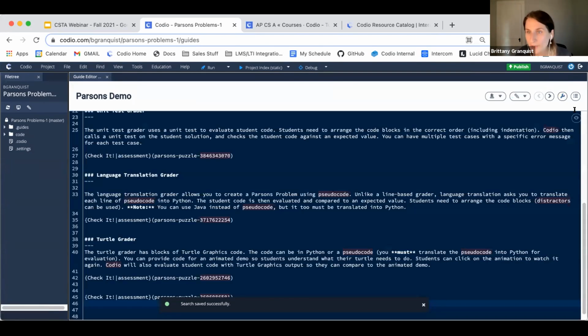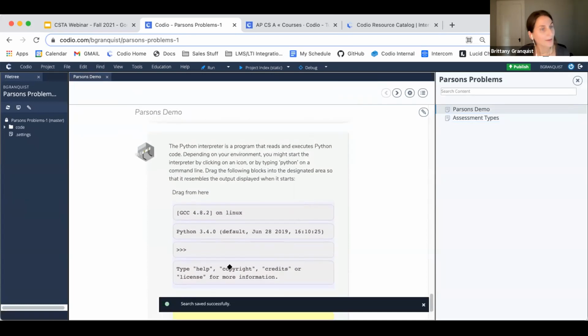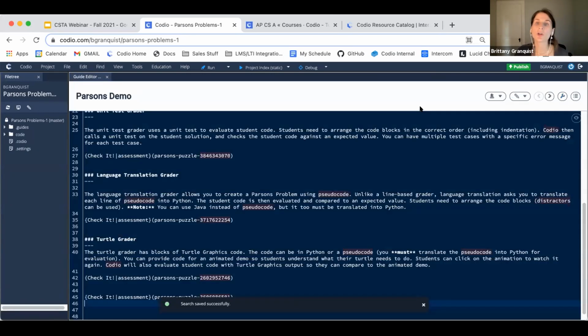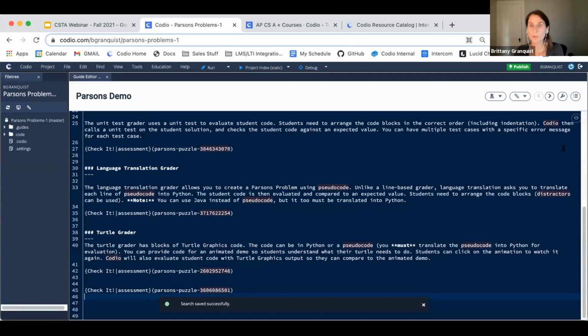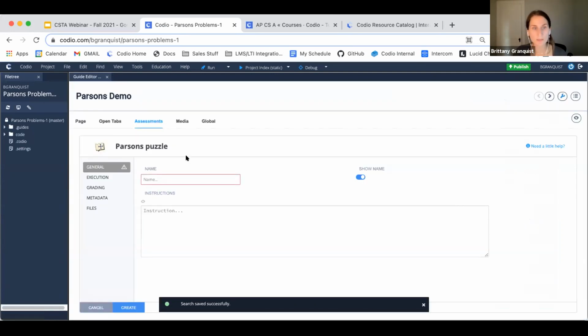I'm going to click preview here, scroll down, and there it appears at the very bottom, right? And of course you can make your own. So if I head to the assessment key again, and I build a Parsons puzzle, you can give it a name. I don't really like to show the name because the name is more teacher facing, right? So the direction here I'm going to create, I already have this made, is let's create a program that prints true, right? By dragging the appropriate code blocks.